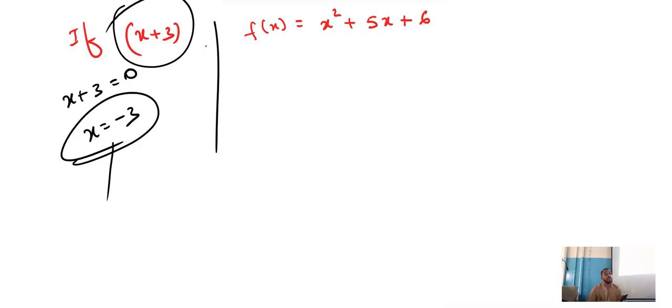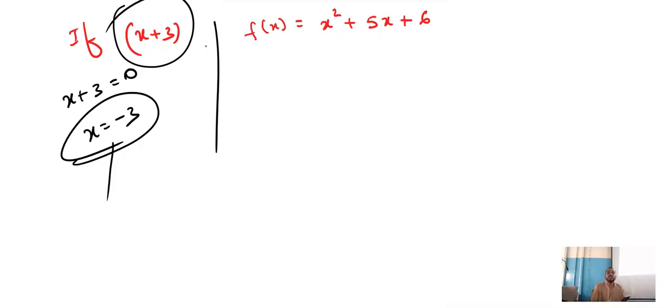अब क्या देना था उन्हें? क्या पूछना था? One zero they have given, find the other zero आना था. Correct? One zero they have given, they should ask, write the another zero. But here they have given one factor. They are asking another factor. So what we should do? x plus 3 equals 0, then x equals minus 3.